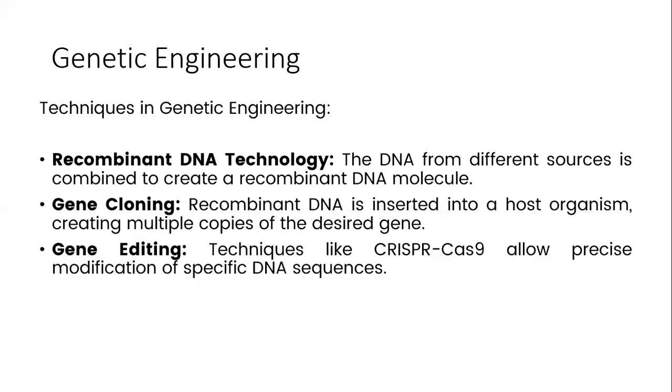And that was a bit of a mouthful, but there are different techniques that we use for genetic engineering. There's recombinant DNA technology, and I will show you a slide on what that looks like. So the DNA from different sources is combined to create a recombinant DNA molecule. We also have gene cloning, where recombinant DNA is inserted into a host organism, creating multiple copies of the desired gene. And then we could use DNA gene editing, where we use CRISPR-Cas9. So techniques like CRISPR-Cas9 allow for precise modification of specific DNA